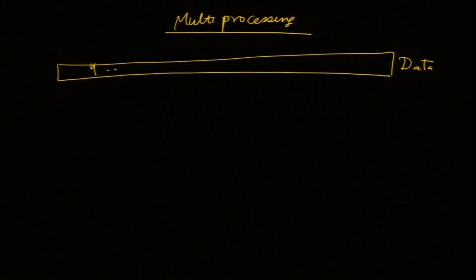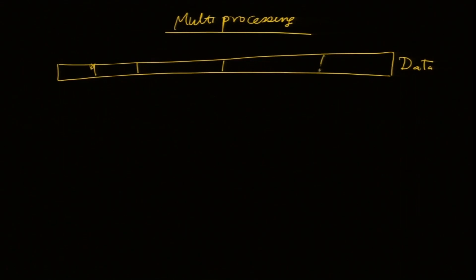So, let us do it for 4. I am going to take this big data and I want to divide it among several processors, so that it can be done faster. Basically, if you have some 1000 copies to grade, we divide among 10 people. Same thing is being done here. So, data is divided, let us say, among 4 processors. We need to compute, let us say, sine of x for all of the data points and then sum it up.